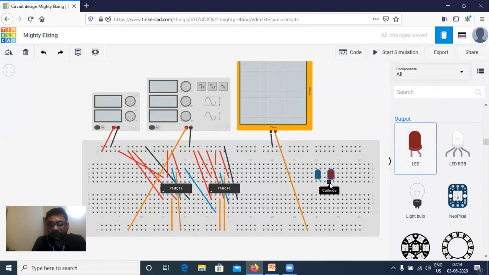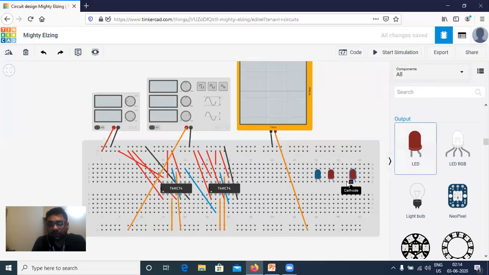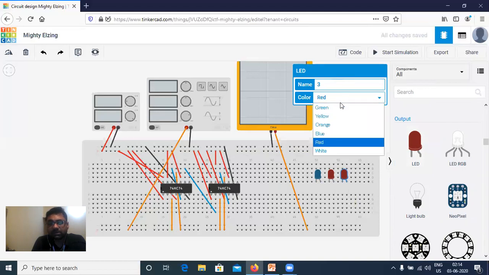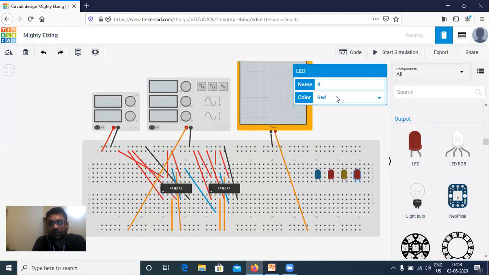Another, second. Another, let me make it yellow. Another, let me make it green. So 4 different colors for Q1, Q2, Q3, Q4.